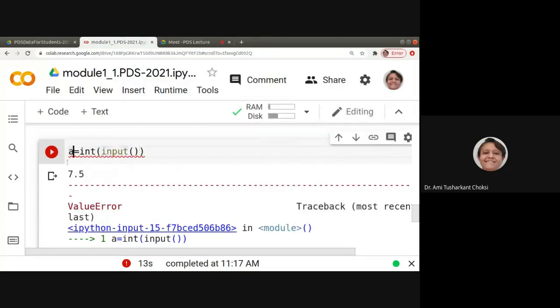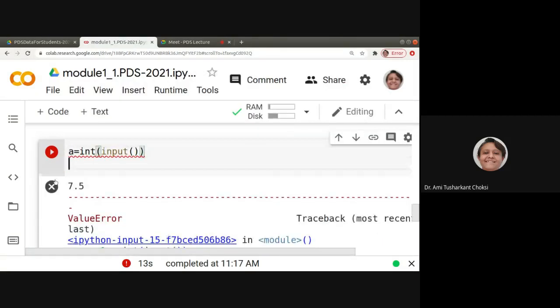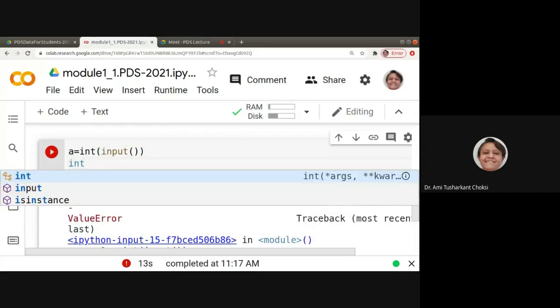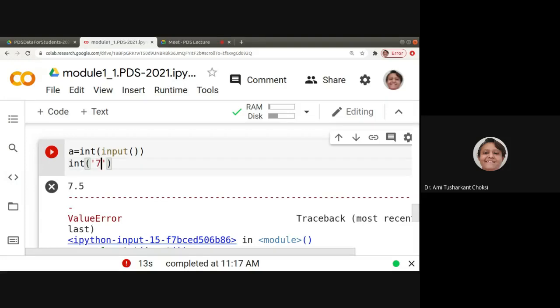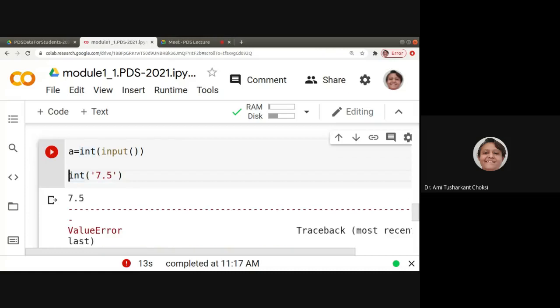So this seems something like integer of single quote 7.5, and as we have already seen, if it is something like this, it will give us the value error. So keep this in your mind.